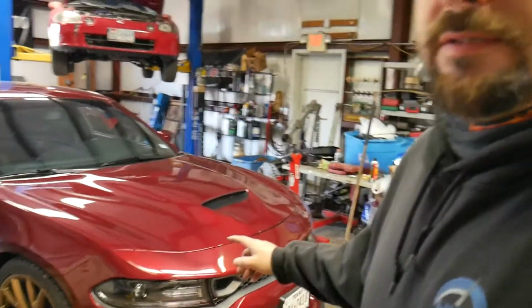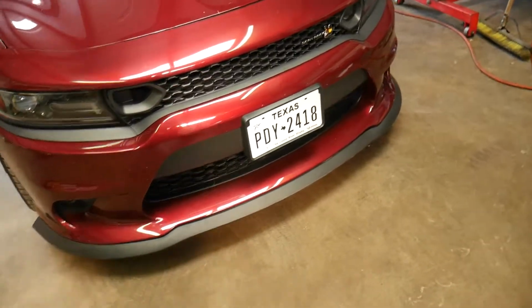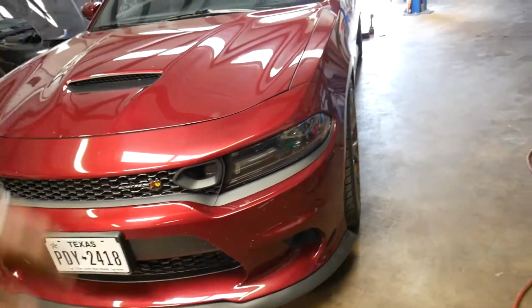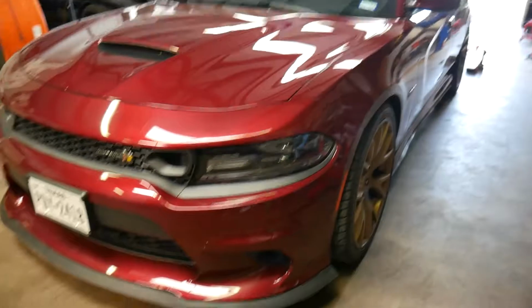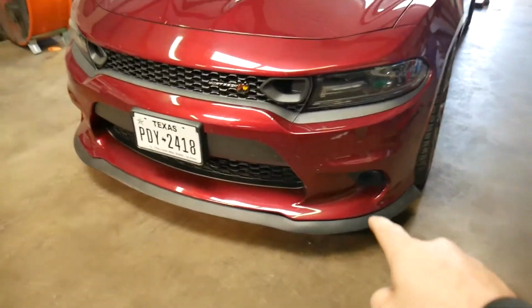So we had a quick one in this morning. I want to show you, we almost got it knocked out. We've got this new Charger in, and as you can see, it's the first time doing one of these, and it's one of those modifications where it's questionable how they turn out, but it seems like it's turned out pretty well. There's these rubberized stick-on